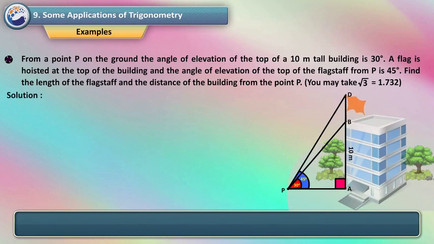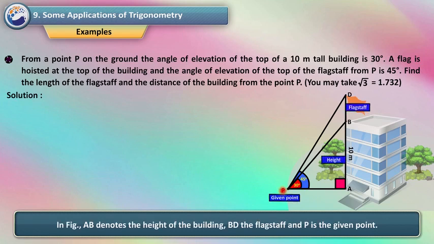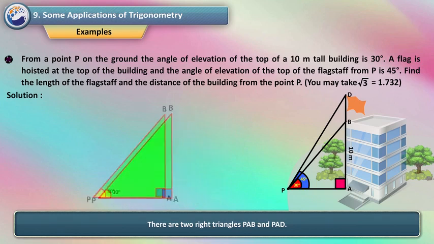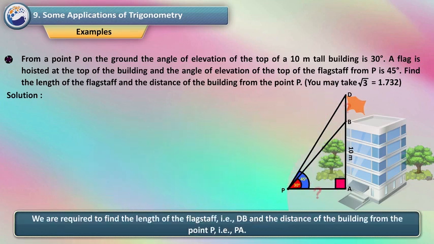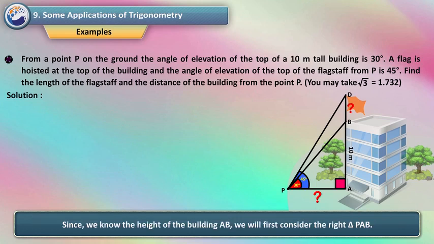Solution. In the figure, AB denotes the height of the building, BD the flagstaff, and P is the given point. There are two right triangles, PAB and PAD. We are required to find the length of the flagstaff, that is, DB, and the distance of the building from the point P, that is, PA. Since we know the height of the building, AB,